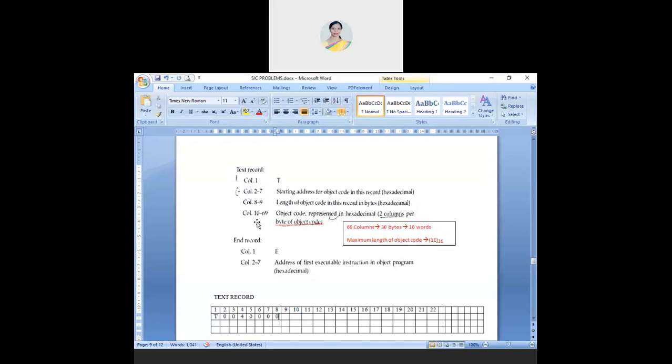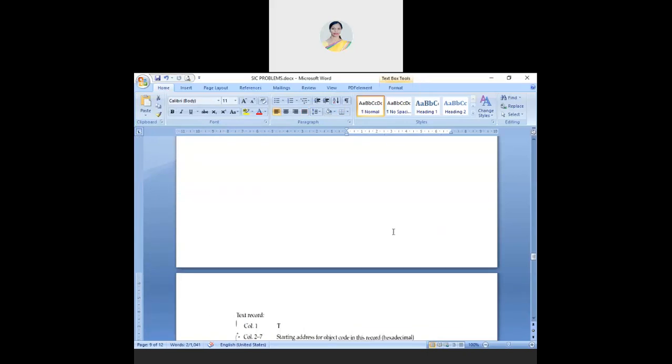So, 60 columns are there. How many bytes can you store? 30 bytes.